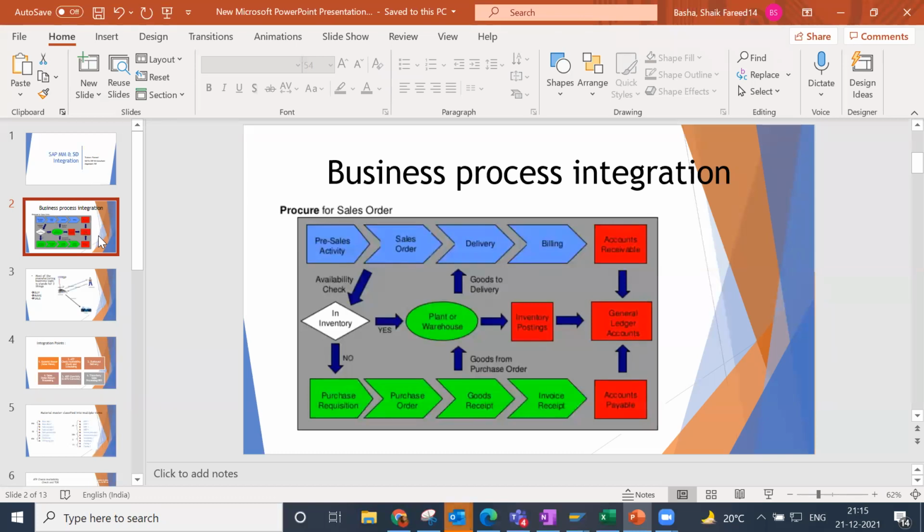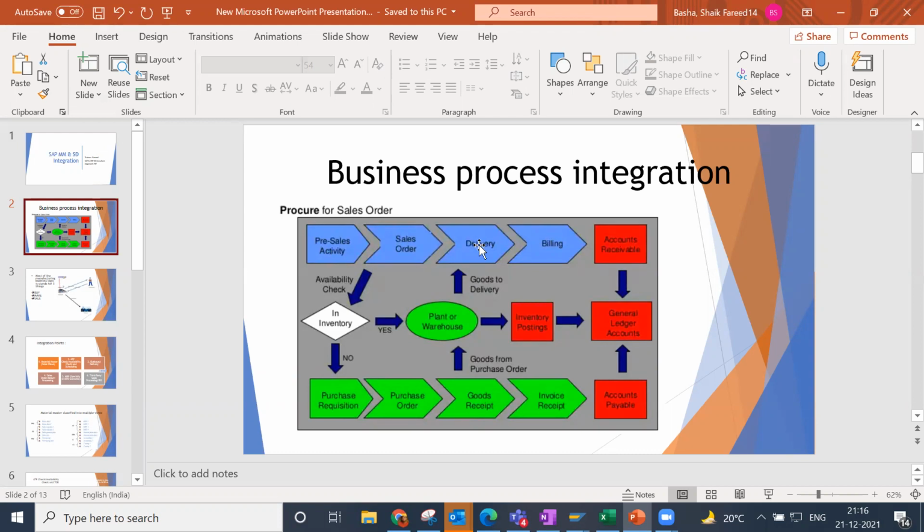What happens exactly from procure to sale, or the sales order? If you look at this diagram, it speaks about three modules. All the blue color is SD, the green is completely MM, and the red color part is highlighted for finance.